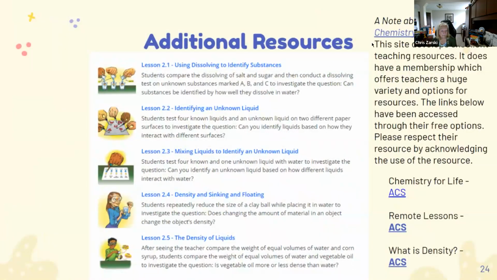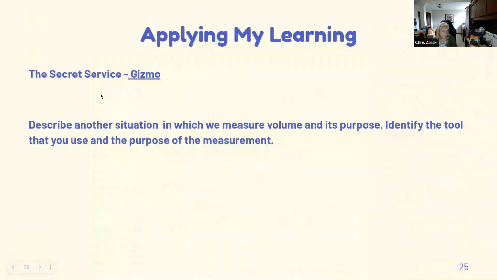So again, when we talk about Chemistry for Life, this is another resource that you can use. This link here will take you to these 3, but also to these. So then again, you have to decide what it is that your students are going to need additional information on. We have a gizmo, and we're going to talk about gizmos later, so I won't do anything here, but there was a gizmo that we showed in grade 5, and this one is not a scavenger hunt, but it's a mystery that they have to try and solve, where they find an Egyptian coin and they're trying to figure out what the properties of that coin are. So it really tied in well to the kinds of things that we were talking about in grade 5.